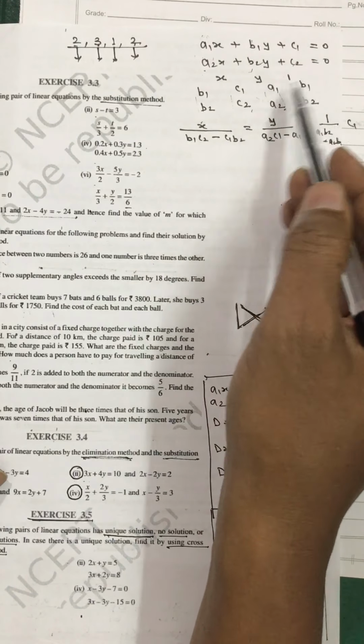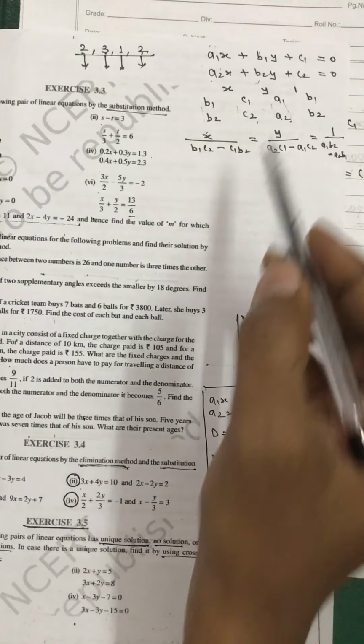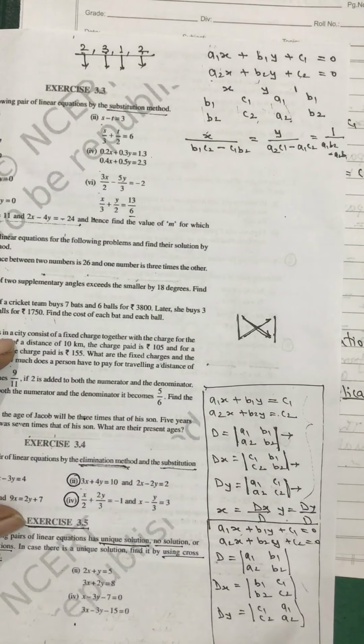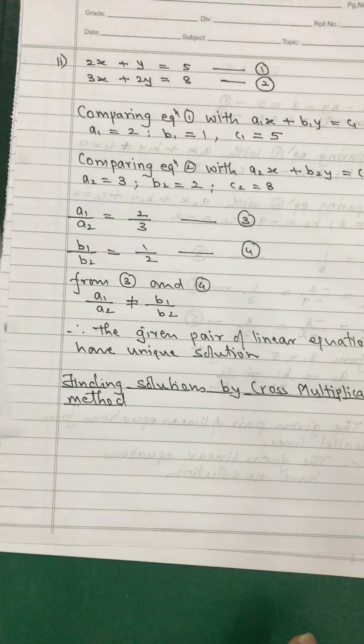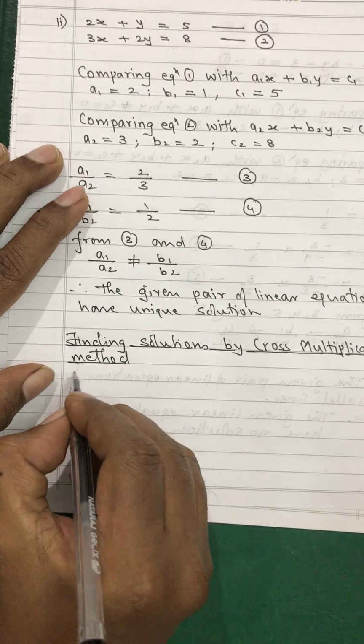that's why I want them, but this method is applicable only when C1 and C2 are on the left hand side. Only when C1 and C2 are on the left hand side. That's why at that time this method is applicable. This is a very short method. I want to do it by both the methods so that you understand all the things clearly.